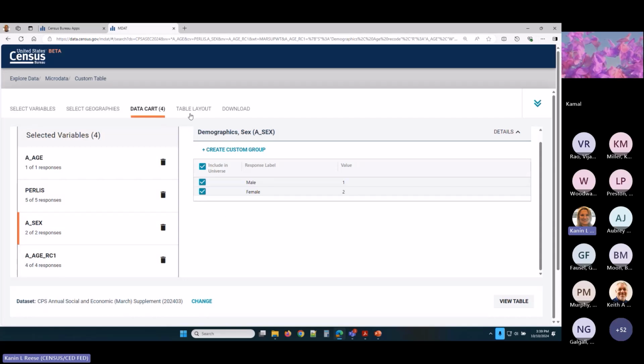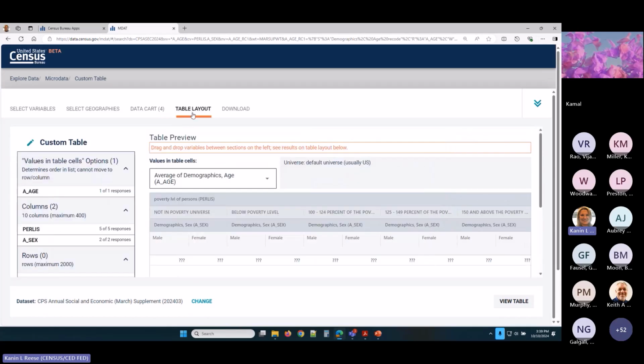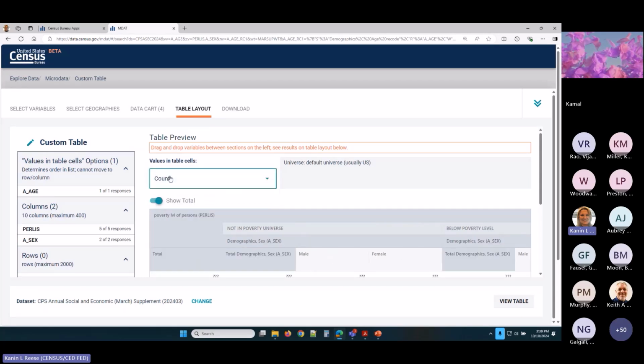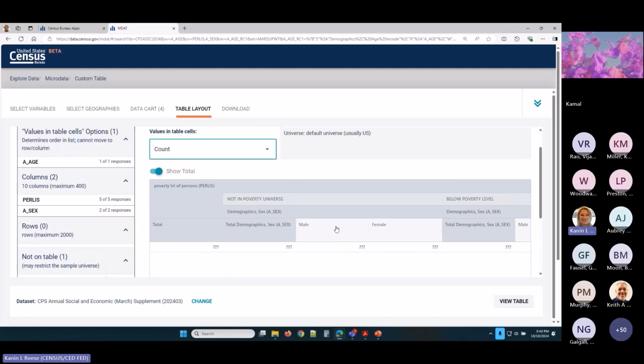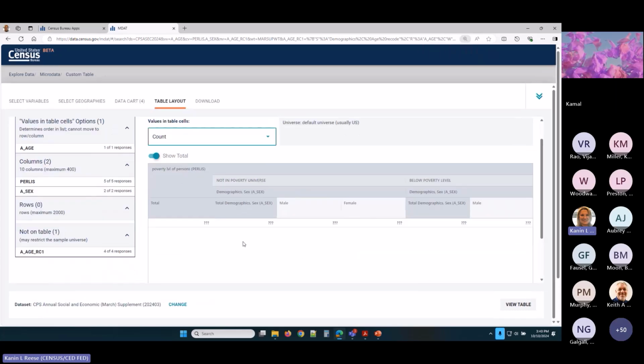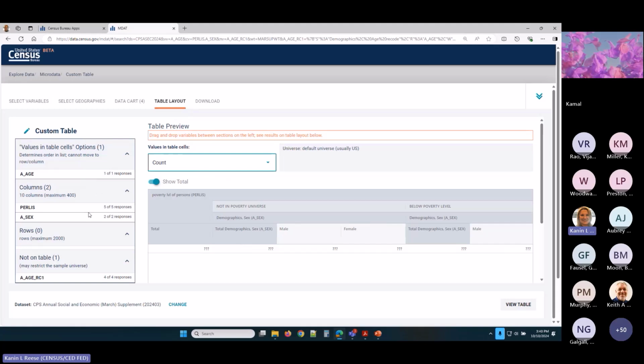And so I'm going to move to the right to the table layout. Now, first thing is there's a drop down that gives you age or an average age or count. I'm going to switch to count because I want the counts. And then it defaults and gives me something. I'm not crazy about how this looks. It's all completely personal preference, and sometimes you have to make it a little lower so you can see everything. Personal preference. But I want to make sure in my columns,